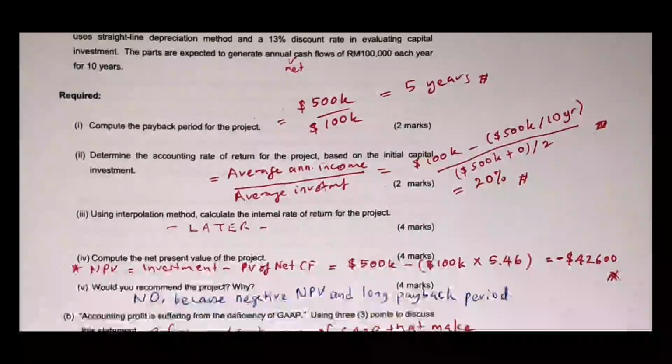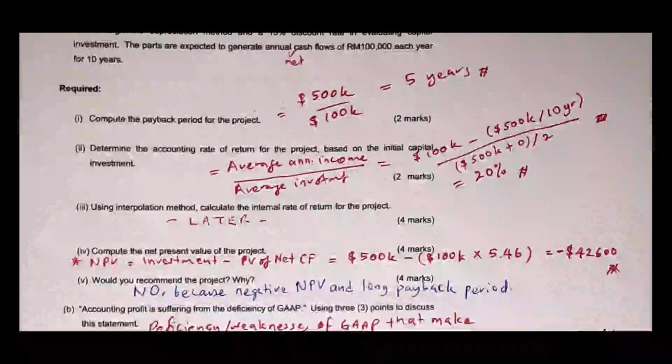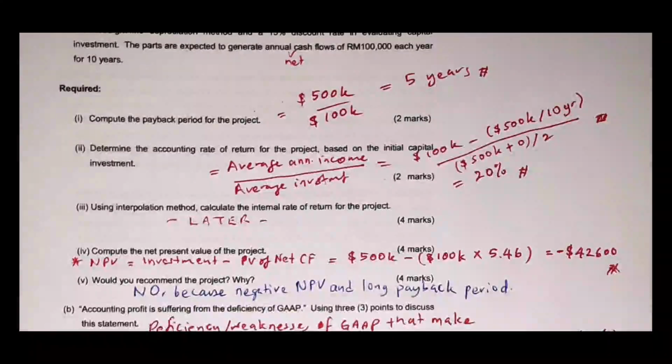If the cash flow every year is different, then you have to refer to another table, which is the present value table. Okay, so for this question, $500,000 minus $100,000 times 5.46 equals negative 42,600. So you can see here, when the net present value